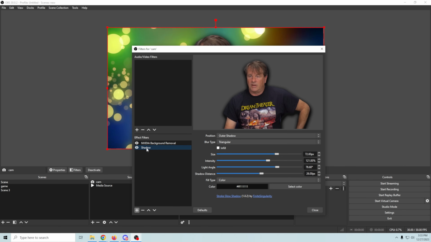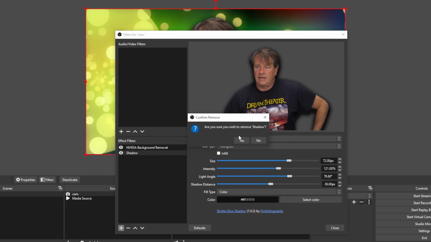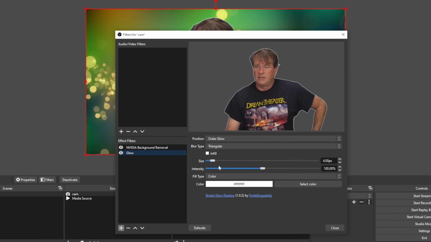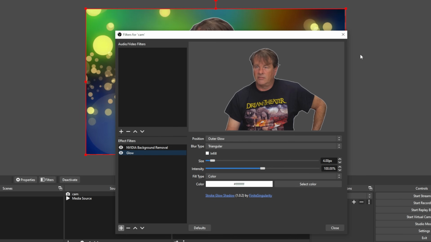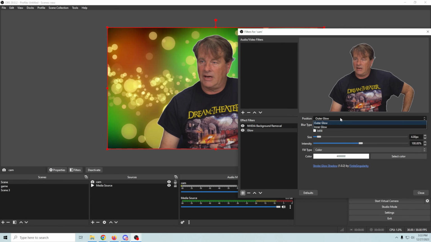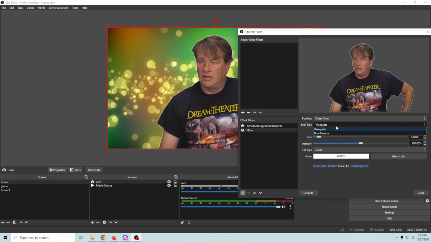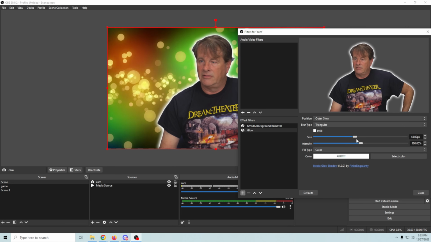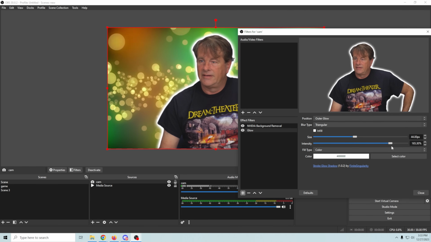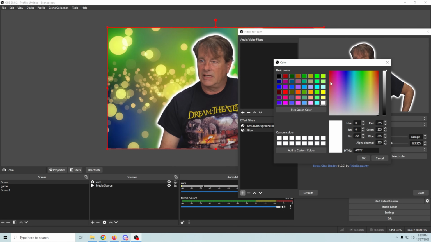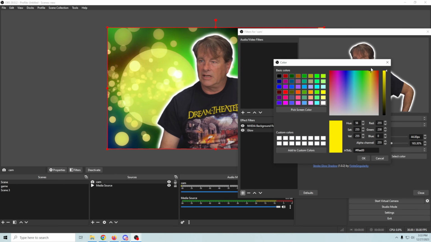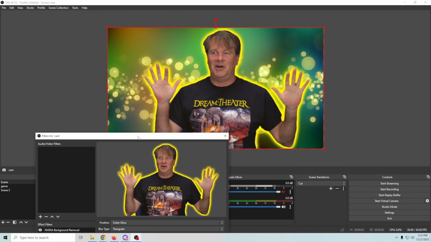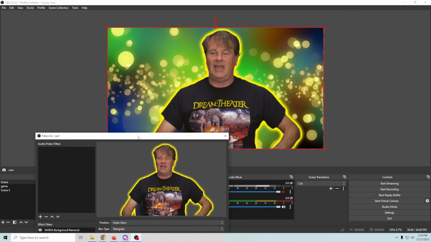But we can go a little farther than that. I'm going to go ahead and remove that, and let's click the plus, and I'm going to go to glow, and now we can add a nifty glow around us. So we can go with outer glow, we can go with inner glow, the blur type, and then we can adjust the size, and there we go, and the intensity, and let's adjust the color. Let's get ourselves that nifty yellow color again. There we go. Boom. So now we got an awesome glow around us,